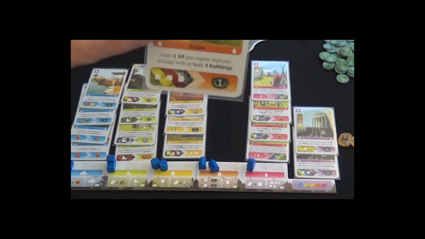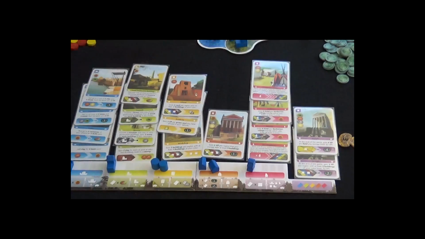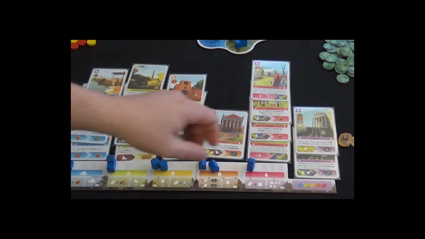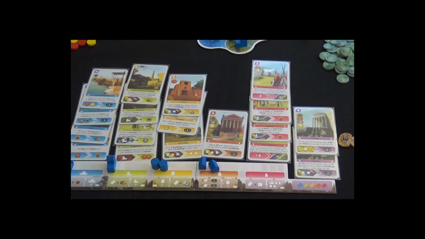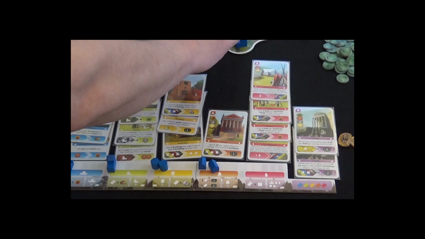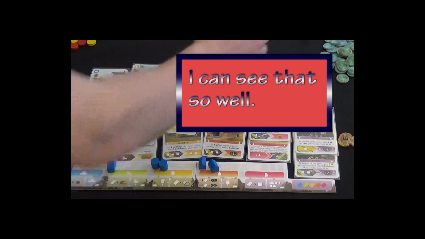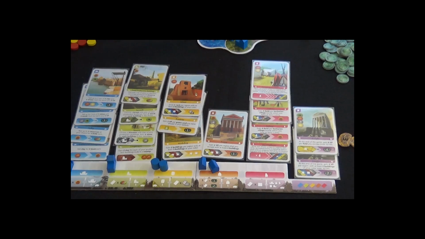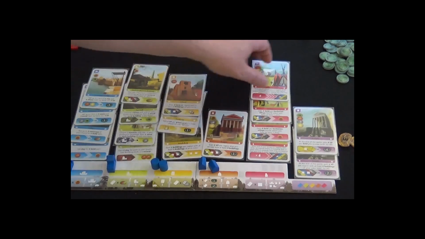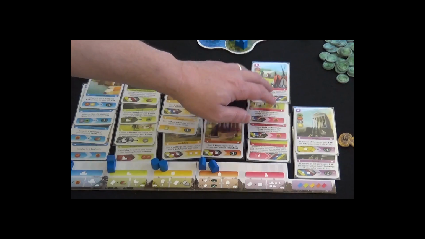Let's see, a lot of these have victory points on them, and then you have your military units here. The military units are these guys, and they go out on a board, and you can only ever have one of each type of building on a space, so you can't just pile up all the same units on one space. But let's say I played a card and put out my military unit,